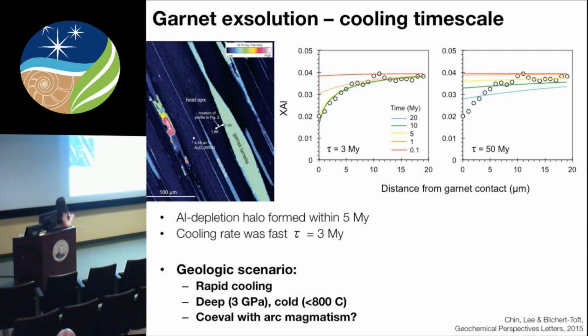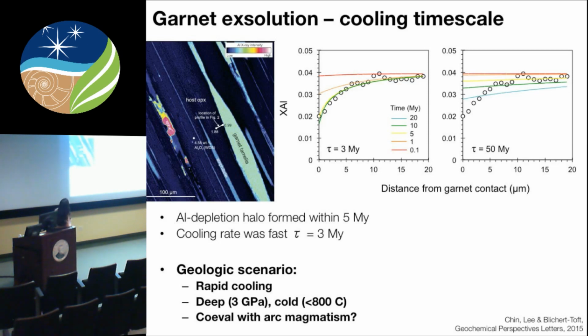Not to go into all the details, but we explored a different parameter space of diffusivities and parameters for doing this modeling. This is just a simple 1D diffusion model. I'm showing in these two panels two different cooling timescales, the e-fold cooling timescale. The first one on the left is very fast, 3 million years, and then this one is slower at 15 million years. These different colored curves are elapsed times in the diffusion model, and the circles are the actual data